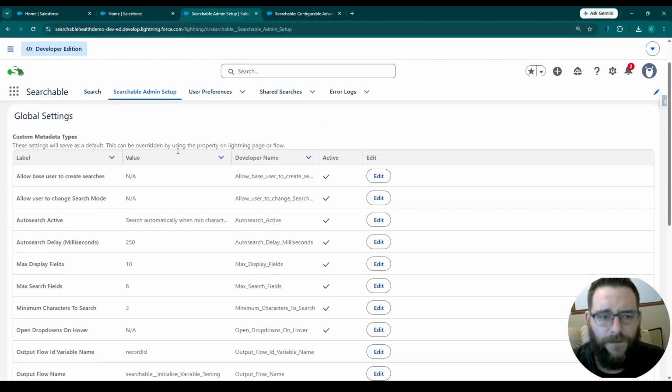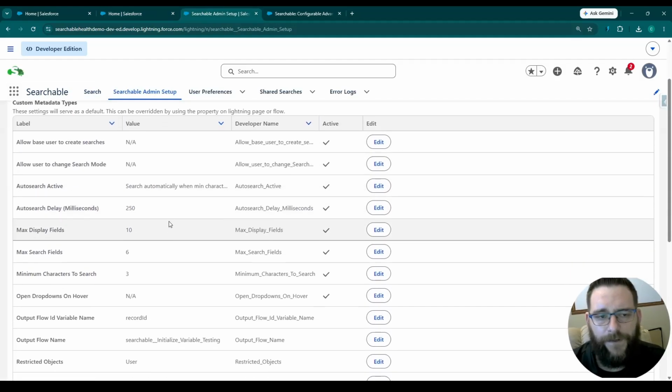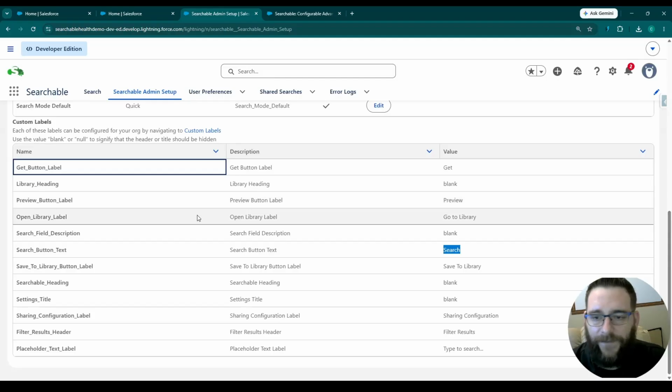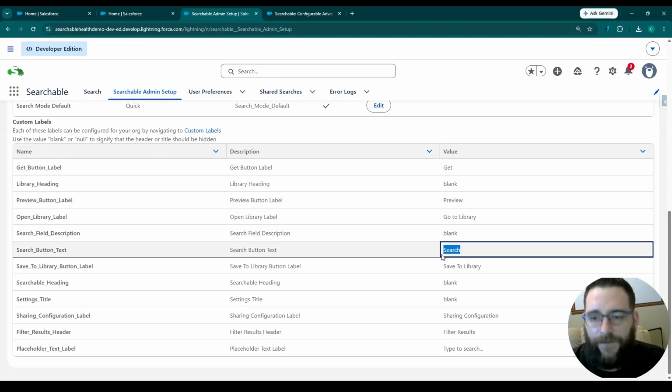Last thing I wanted to do is take a look at the admin setup page. So we really want your users to feel like they're in control again. But really, as an admin, you get to set all the guardrails in advance. You're deciding who gets to create searches and what objects and fields they're searching across. You can even override a lot of the labels. So for example, if you wanted the search button to say something like Go, it is easy to make that update in